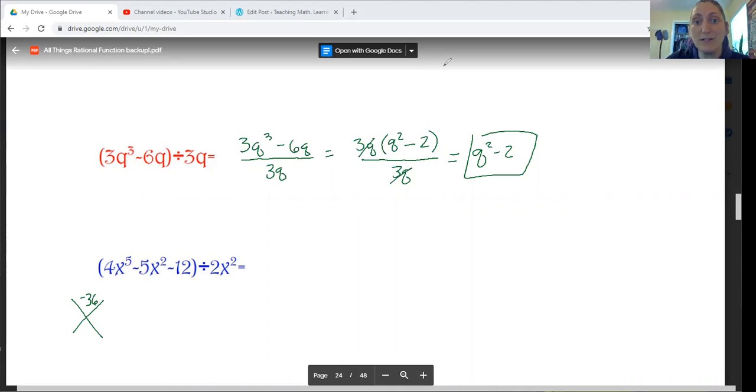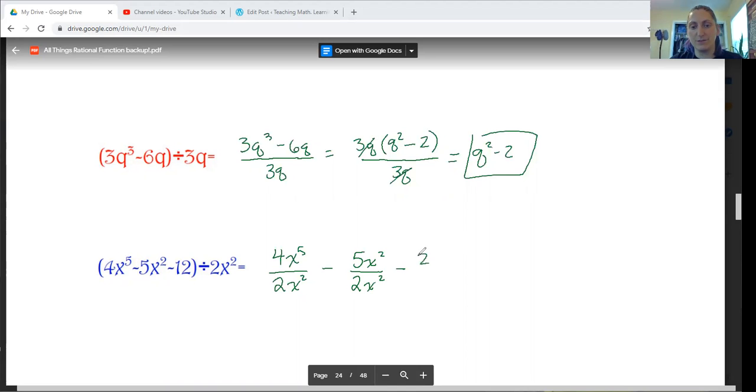So this isn't even gonna work, is it? Nope. So we're just gonna have to do each piece at a time. So we're gonna write this as not one fraction, but as 3 separate fractions with subtraction signs in between. So we have 4x to the 5th over 2x squared minus 5x squared over 2x squared